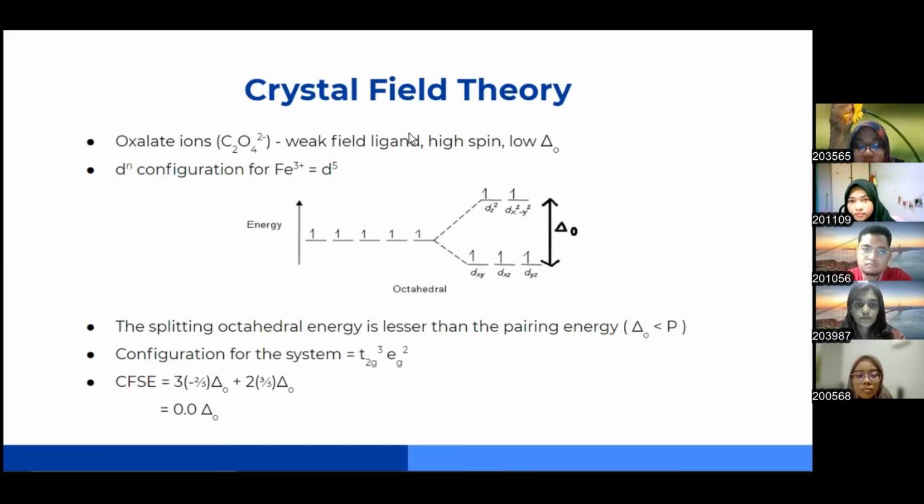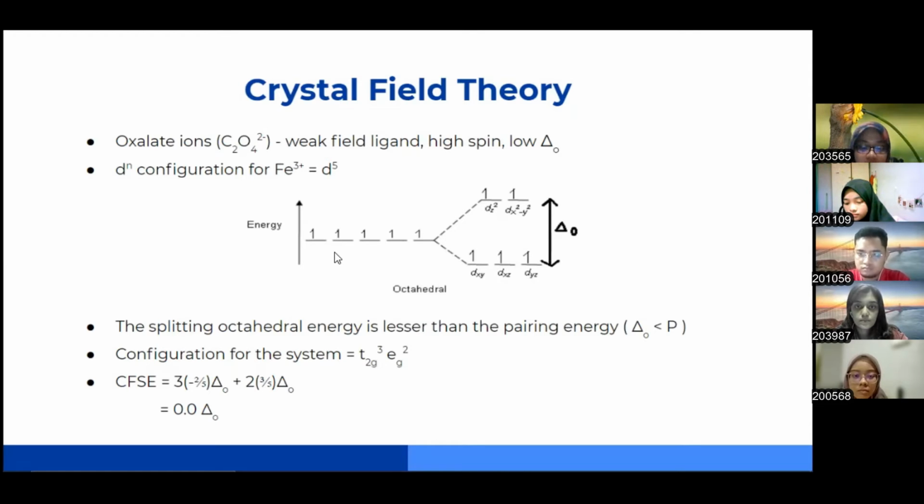Okay, why is oxalate ion a weak field ligand? Because it causes only a small splitting of energy levels, due to which it is energetically more favorable for the electron to occupy the upper eg level rather than pairing up in the t2g level. Okay, so the d-n configuration for Fe3+ is d5, because it is a half-filled d structure and is